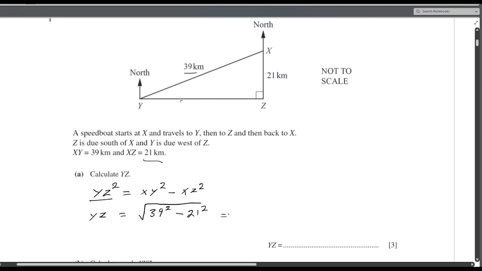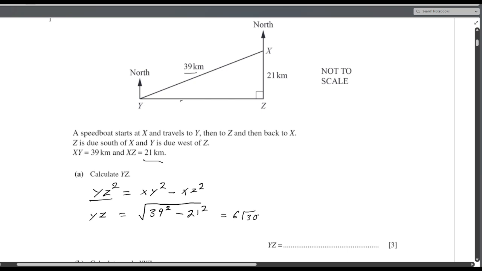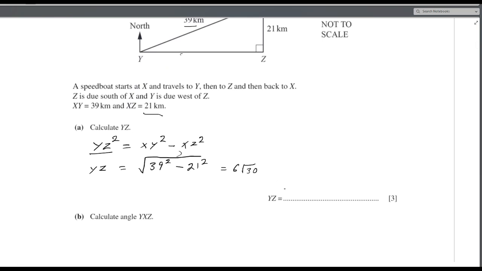You can use a calculator: 39 squared minus 21 squared will give you 1080, and if I take the square root of that answer, it is 6 root 30, 6 square root of 30. In decimal form you can also write it as 32.86. So I will say 6 root 30 or